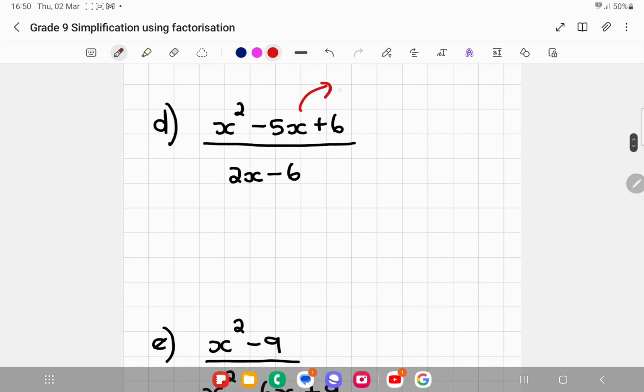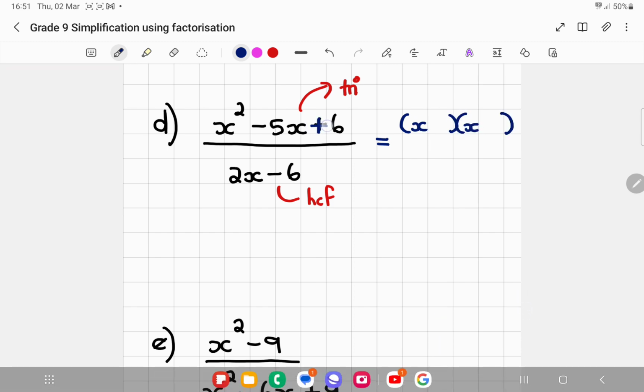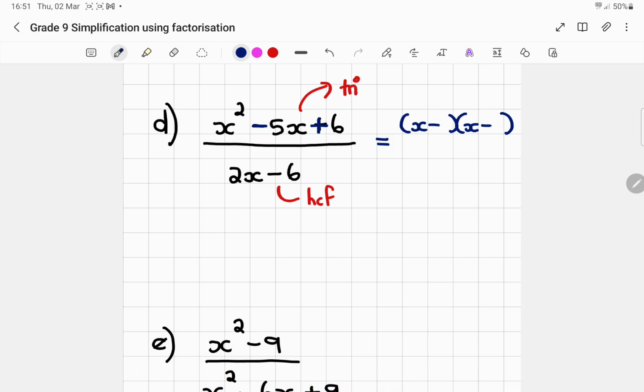All right. Identified. It's a trinomial. HCF. All right. Let's factorize this bad boy. X and x. They are the same. They both negatives. Please get that right now. Okay. In the class today, some students used 6 and 1. But when you test yourself, -6 minus 1 should give you this -5. And it doesn't. Okay, so we will have to go and use the other 2 factors of 6, which is